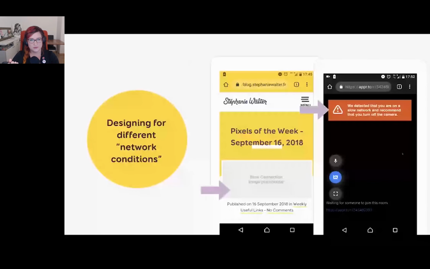Like if you're on Netflix and you wonder why all of a sudden the things you're watching become all blurry, it's because Netflix detected a change in your connection. Maybe all of a sudden you lost some stuff, or the ping became higher, something like that. And they switched the quality of the video, and then it comes back to normal all of a sudden.